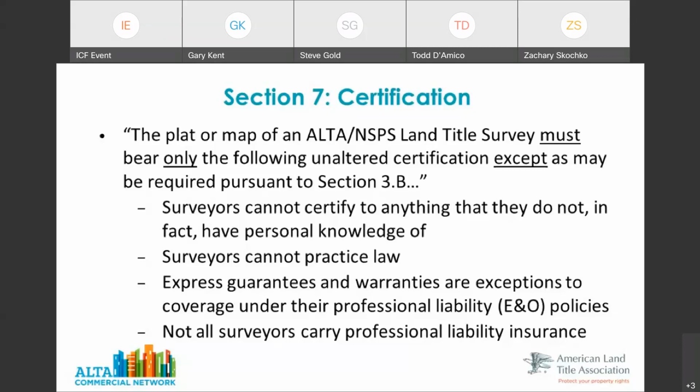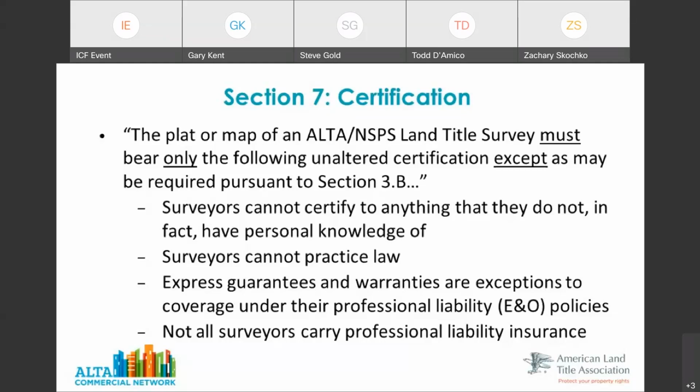The other comment that I would have, and I put this in my contract, is that if the lender does want their own certification, the wording of that is going to have to end up being acceptable to me. I can't give legal opinions.